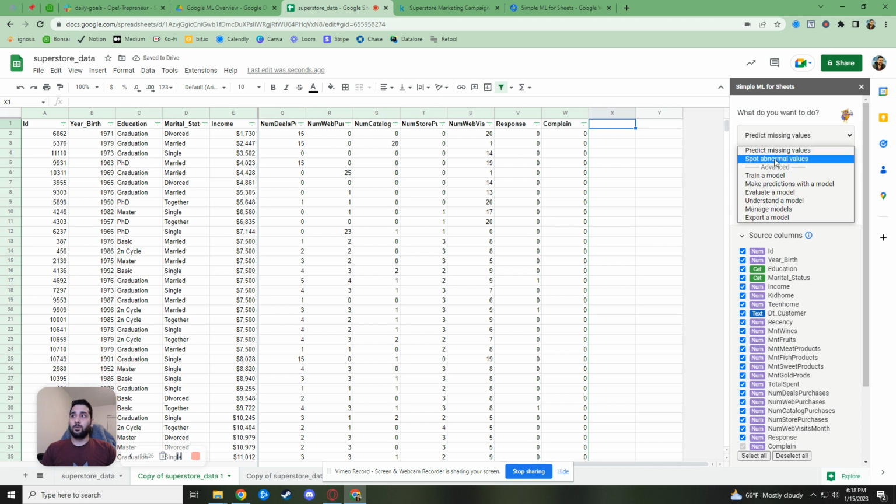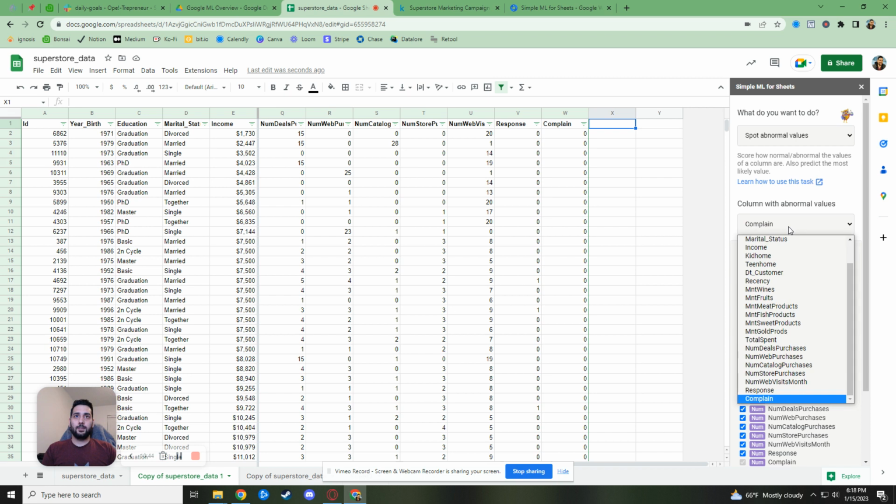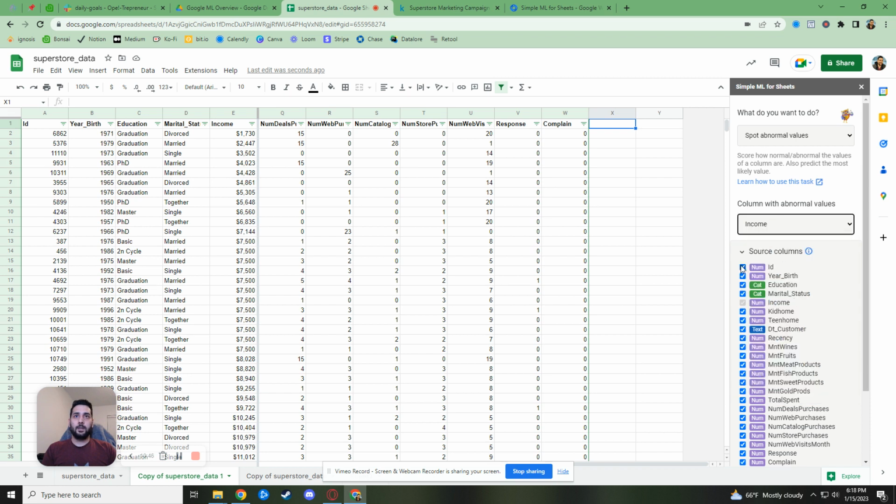So these are the two models that are already pre-built that you can just use with any Google Sheet. You don't have to train a model or anything. There's some advanced items like train a model, evaluate a model, make predictions with a model, manage it, export. So there's a lot of things you can do in an advanced mode, and maybe we'll get into that in another video. So let's go ahead and spot abnormal values, and we'll do the same thing, income,